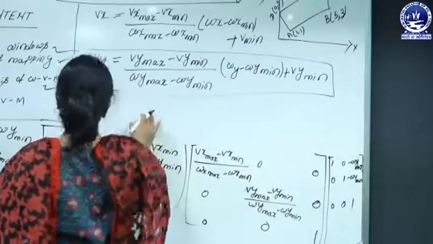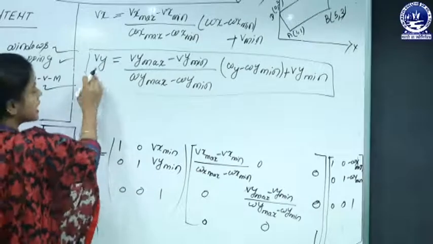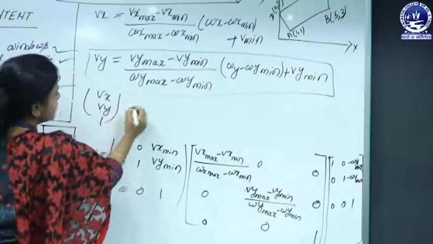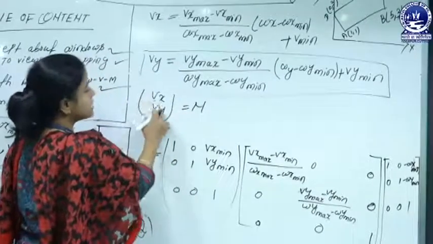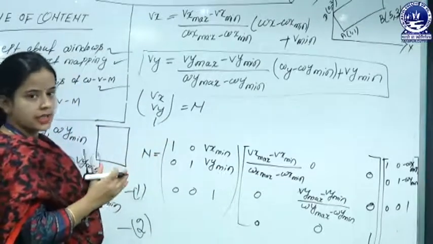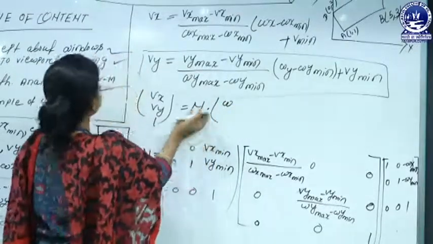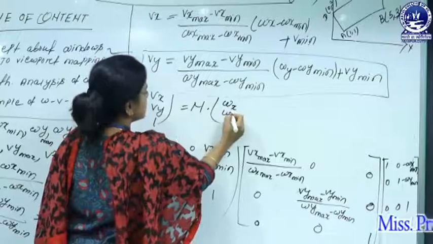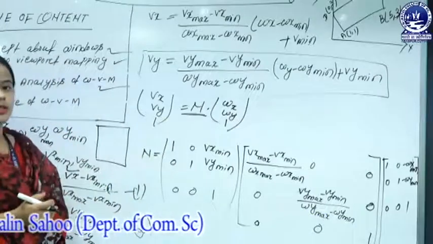So what is the mapping formula when we transform using the viewport coordinates of the x-axis and y-axis? Here is the formula: Vx, Vy, 1 equals N, where N is the normalized coordinate system through which the pictures are compressed or expanded according to the screen size to create a realistic image, multiplied by the existing window coordinate values Wx, Wy and 1, and that normalization is determined using three concepts.